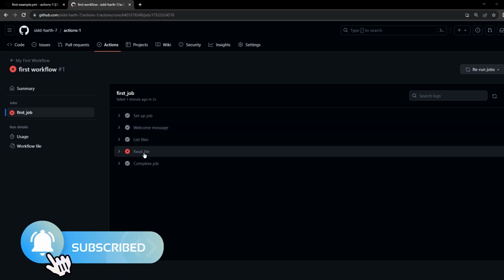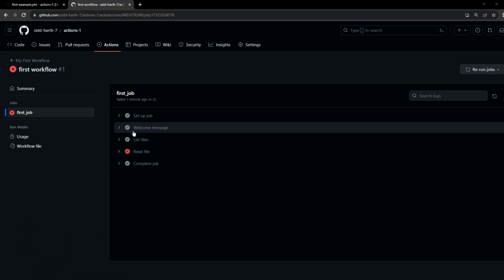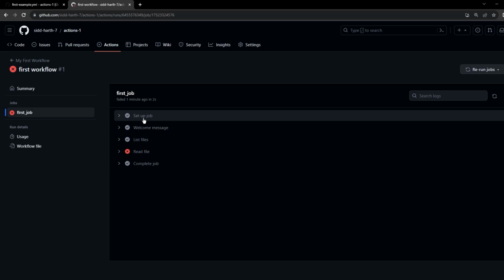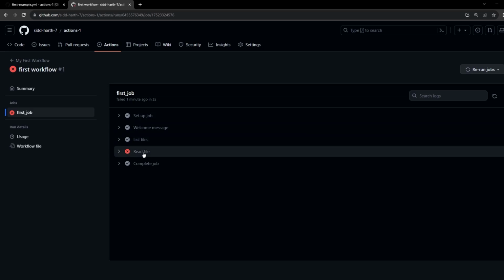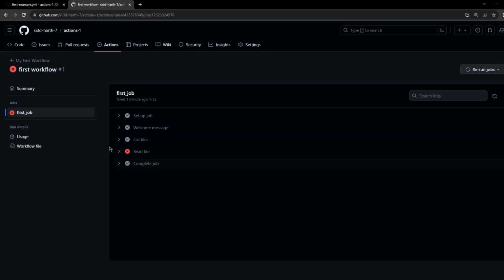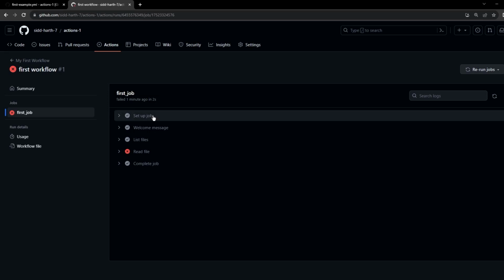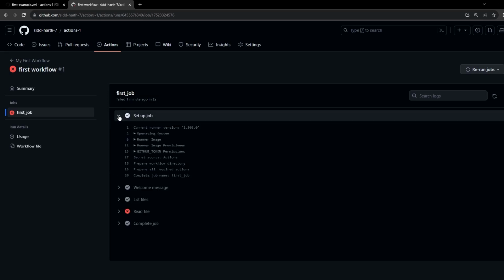Apart from these 3 steps, before executing our steps, it's going to set up the job. And after executing all the steps, it has the complete job. So these jobs run automatically. Okay. So if you see the setup job, there are various things which are happening here. So currently, this is running on a GitHub hosted runner. So the runner version is